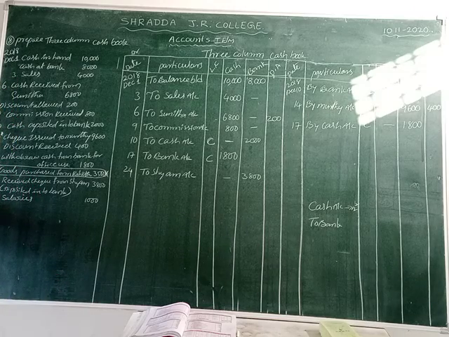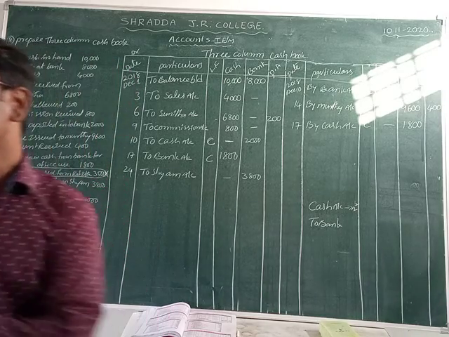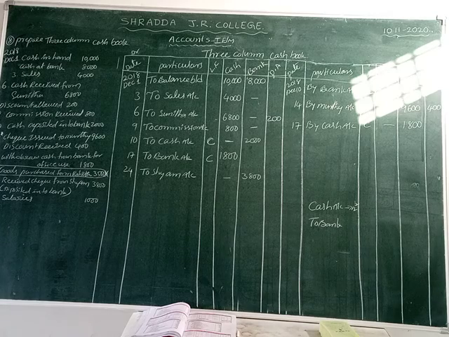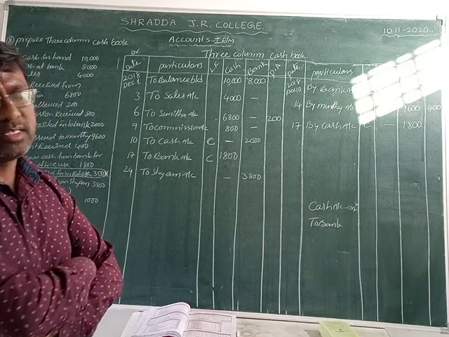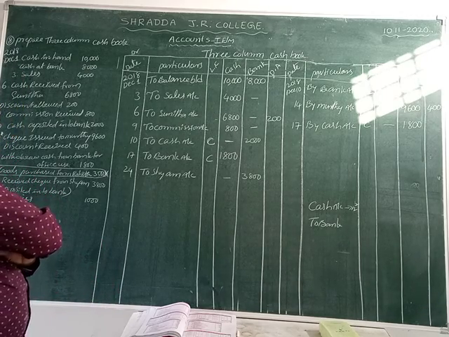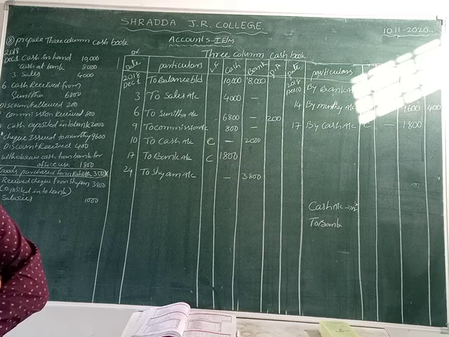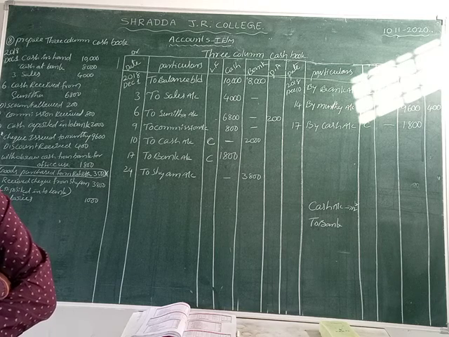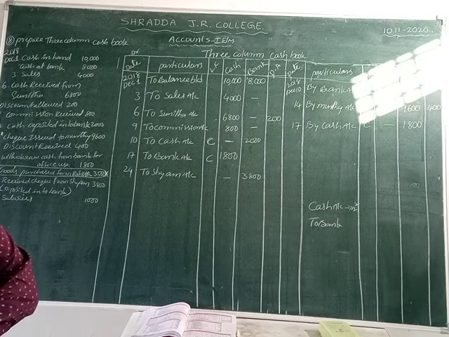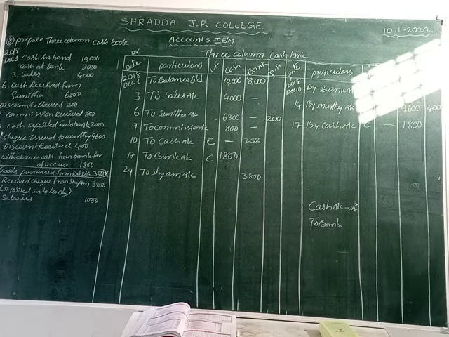Now another one is 31st. Last one is salaries. Salary of 1000 given. How can we pay that salary, friends? By cash or check. By cash or check, we can pay the salaries. It is not mentioned whether cash or check. Now what can we do here, friends? We can assume 100% it is a cash payment of salaries. If it were a check payment, it would be clearly mentioned, but the check is not mentioned. It is only for salary.